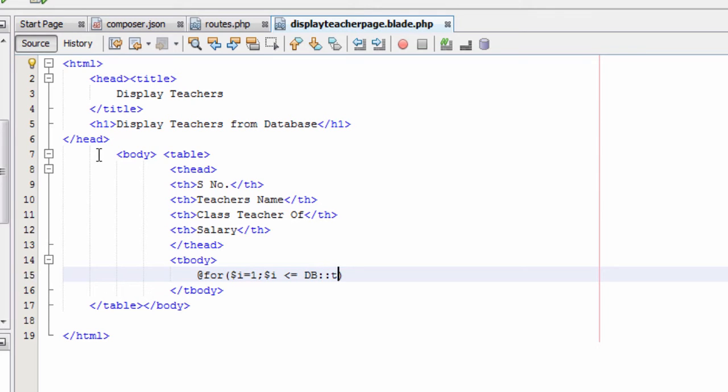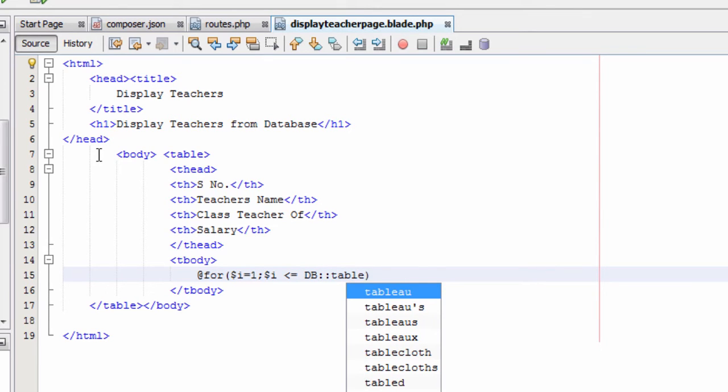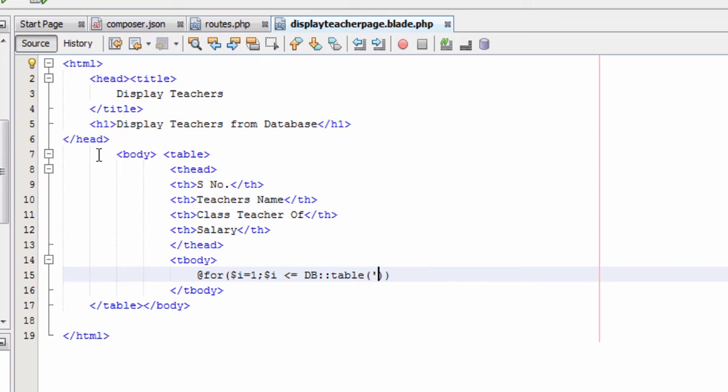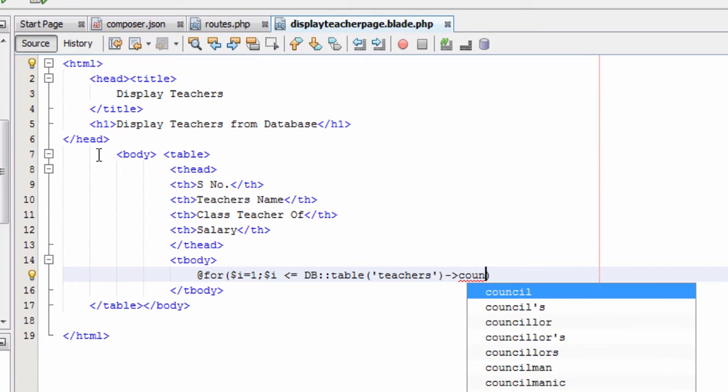where $i is a variable, the looping variable, semicolon, $i less than or equal to DB. You need to have some programming knowledge to understand this.